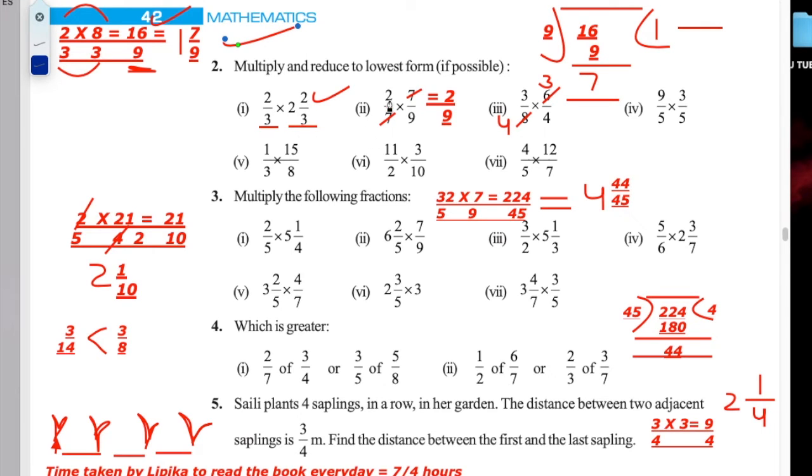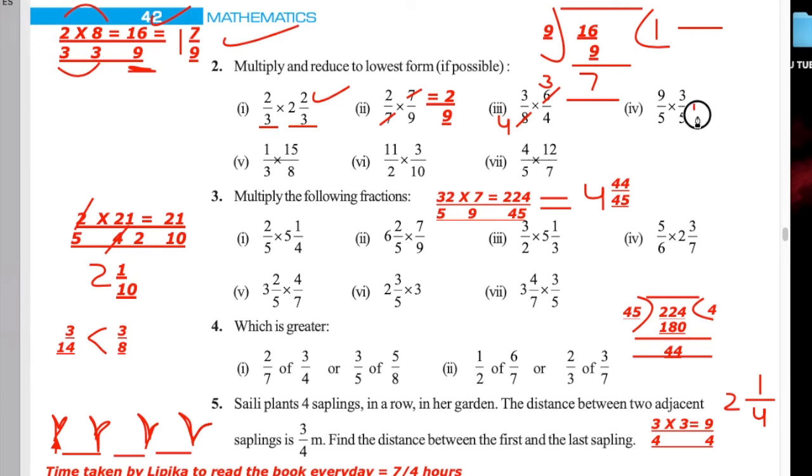Same, second part. Now here multiplication of a proper fraction with another proper fraction. 2 by 7 multiply 7 by 9. So this 7 will be cancelled with this 7. So what will be the answer? 2 by 9. And in the third part, 3 by 8 multiply 6 by 4. So you will cut these 6 and 8 with the 2's table. 2 3s are 6 and 2 4s are 8. So what will you get as the answer? 3 3s are 9, 4 4s are 16. So its answer will be 9 by 16.